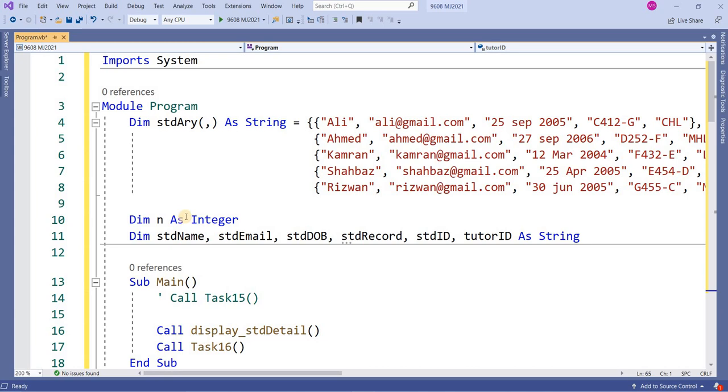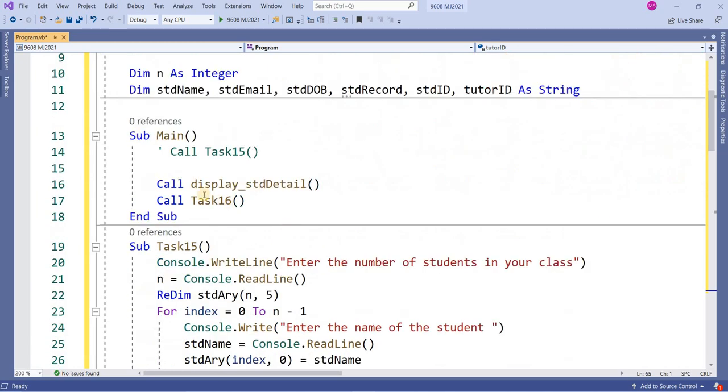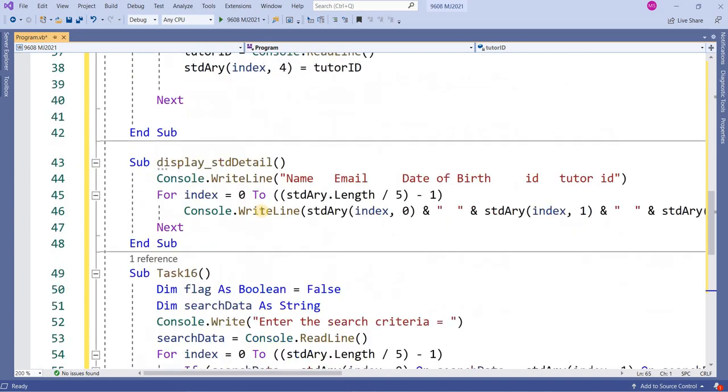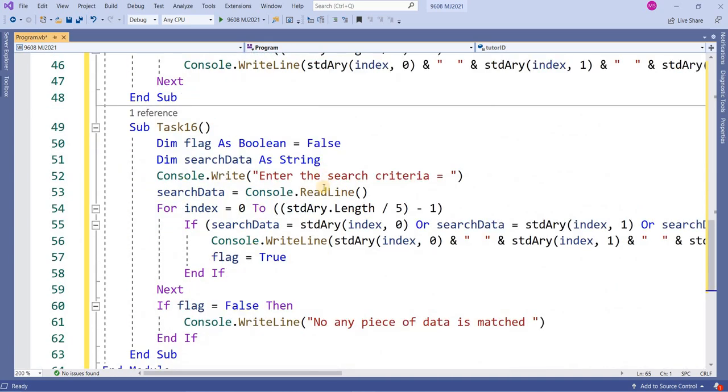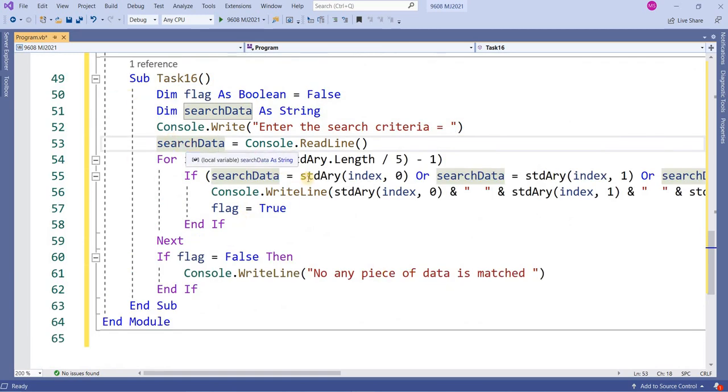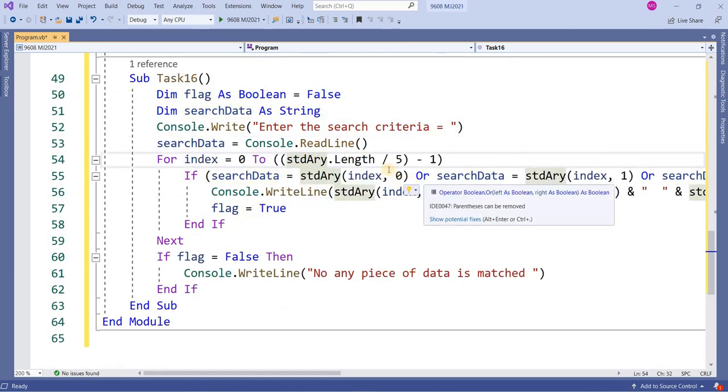Okay, and these are the variable declarations we have used, and the task I call task 1.6, that is task 16. Okay, what is happening in this task? I'm going to enter the search criteria that will be stored into the search data, and I'm moving index from 0 to the length.